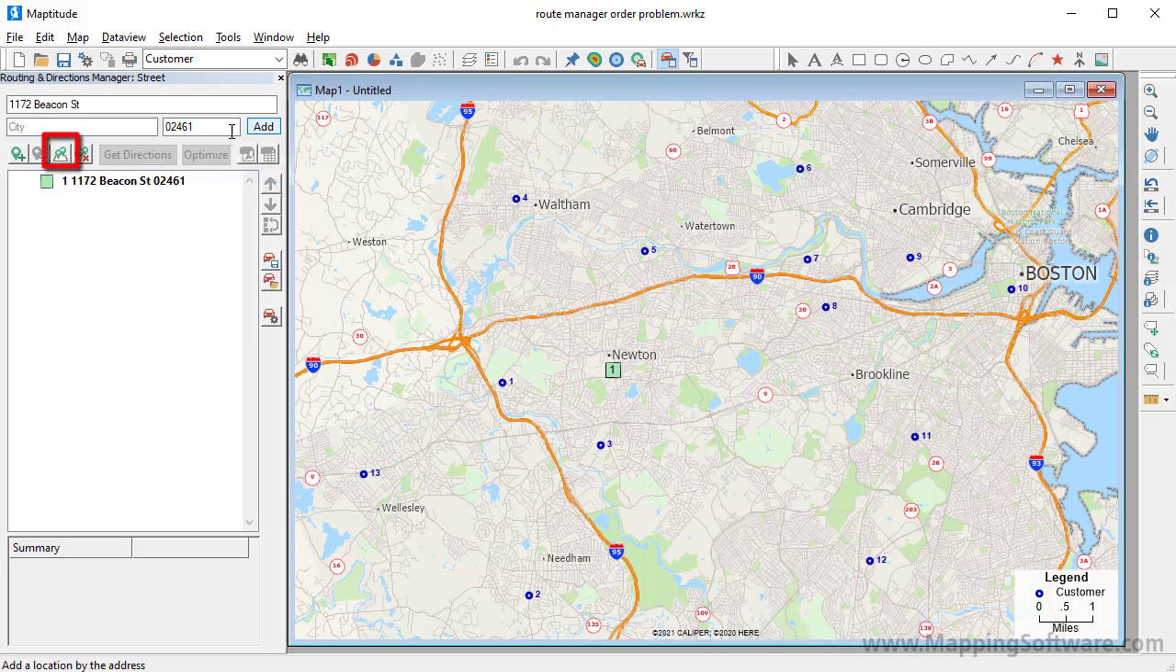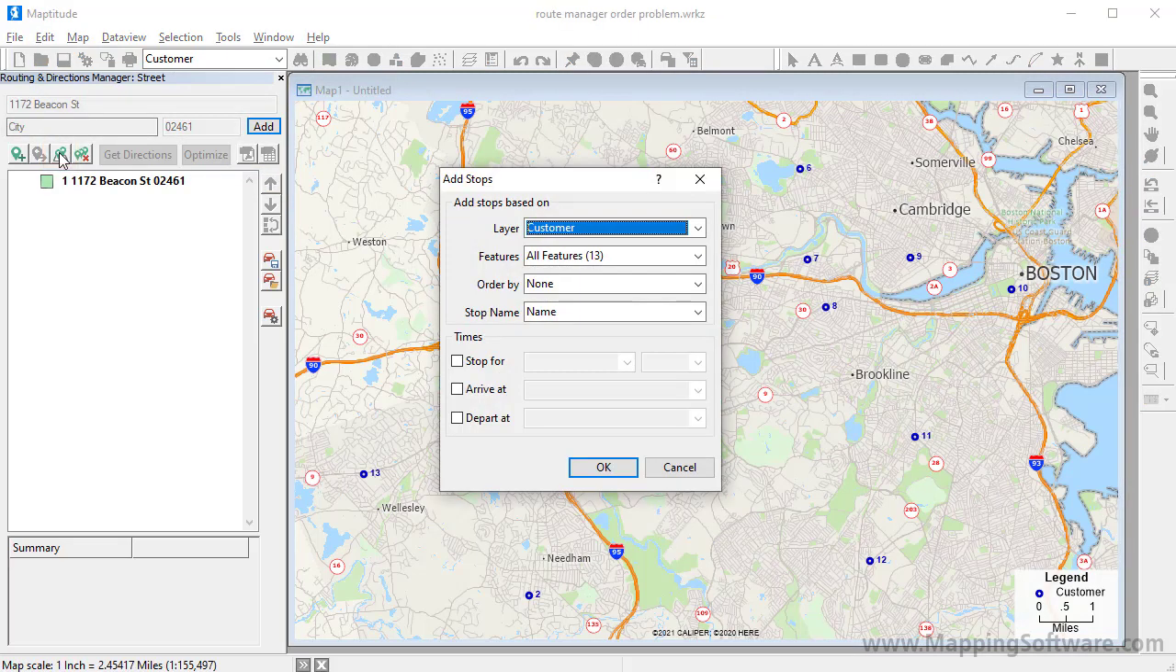A second method is to click this button and use a point layer. This is particularly useful if you have many stops that you want to add. Choose the layer to use, in my case the customer layer. Choose whether to use all of the records in the layer or a filtered selection set. If you already have a field that lists the order to visit the stops, you would choose it here. Otherwise, choose None to have Maptitude determine the order, or if you want to specify the order manually in the